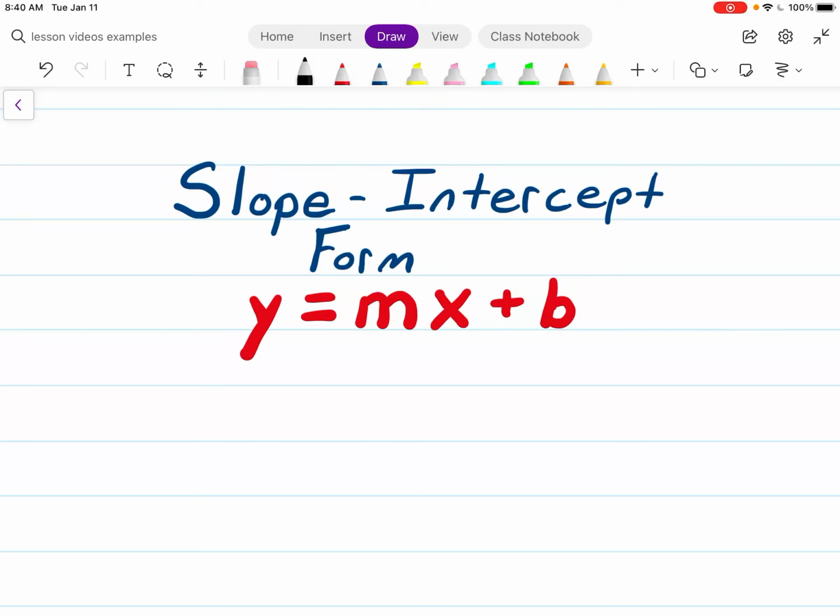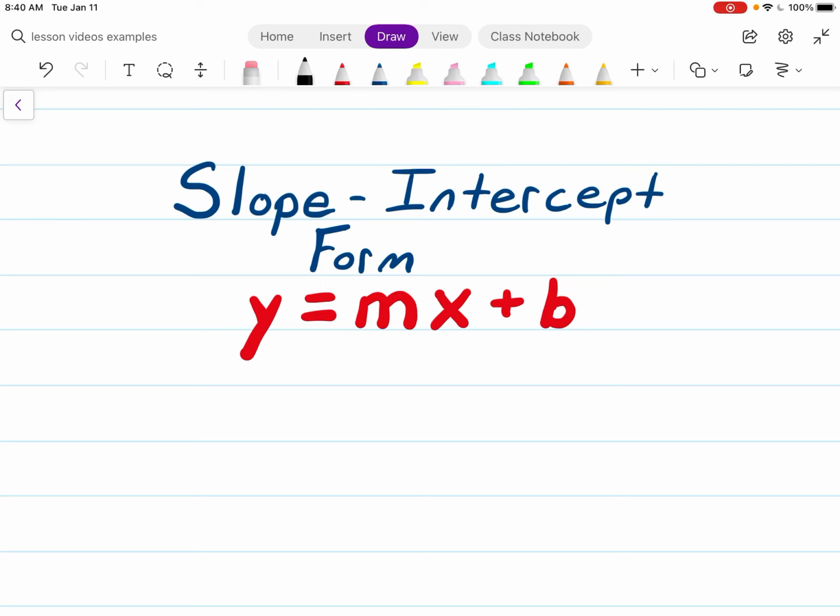Today we are working with the slope-intercept form, or y equals mx plus b, which is the equation of a line. And what we're going to do is we are going to be given an equation, and from that equation we are going to graph a line. So we need to know, in slope-intercept form of y equals mx plus b, what does each of those letters